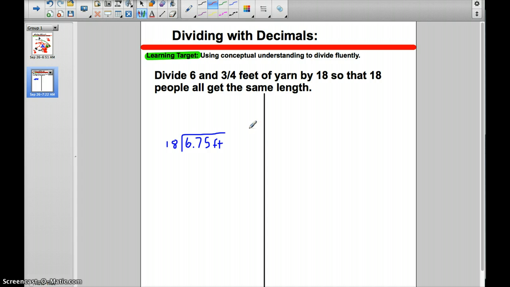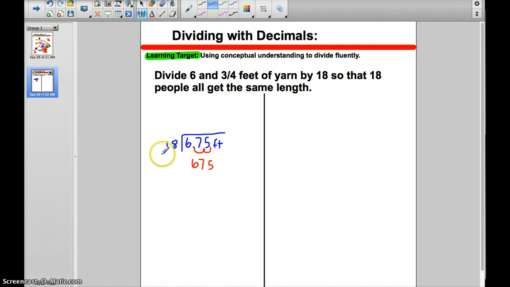So from here, 6 and 75 hundredths feet divided by 18, we're going to employ that convert to a whole number strategy, and we would move the decimal spot, in this case, 2 spaces to make 6 and 75 hundredths a whole number. Sometimes you have to move the decimal spot more than 2 spaces to make the decimal a whole number. Moving the decimal spot 1 space is like multiplying by 10. Moving it 2 spaces is like multiplying it by 100. Moving it 3 spaces is like multiplying it by